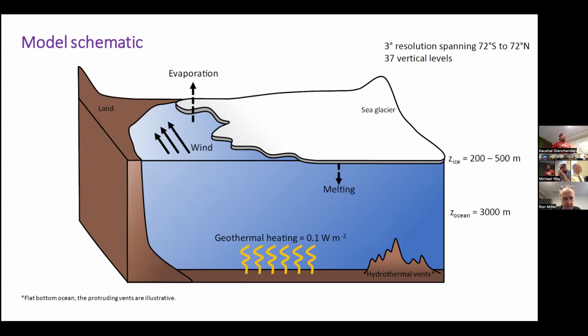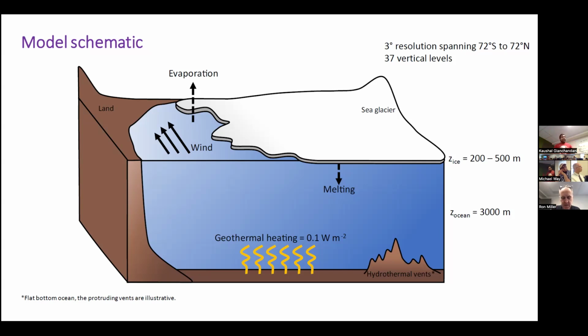The open ocean region in the model is forced by winds at the surface. We do not consider the effect of winds over the sea glaciers because these tend to move under their own weight, and wind has little effect on the motion of these glaciers. And since there's a prescribed temperature at the z equals 0 level in the model, there's some melting under the sea glaciers, and to keep the mean salinity of the ocean constant, we send it out as evaporation. So the melting below the ice and the evaporation from the open ocean are in balance with one another.